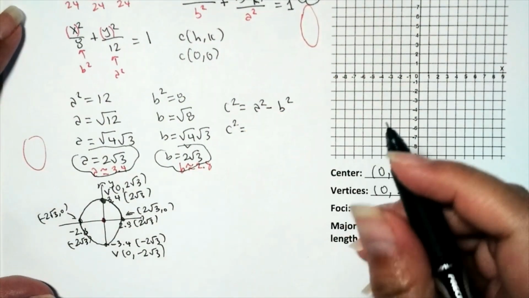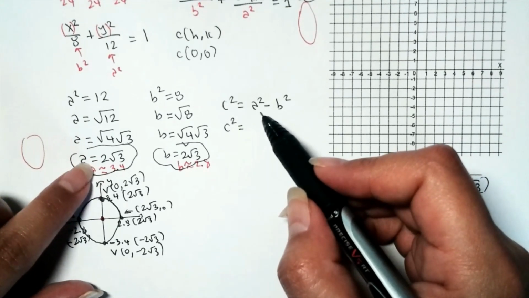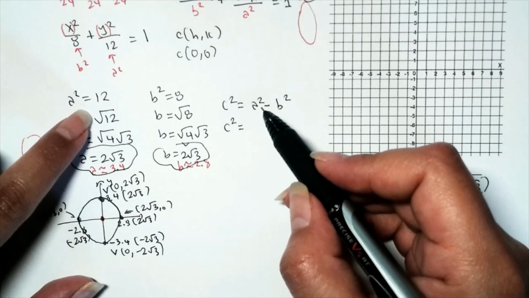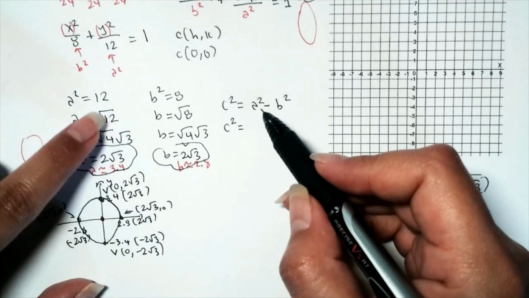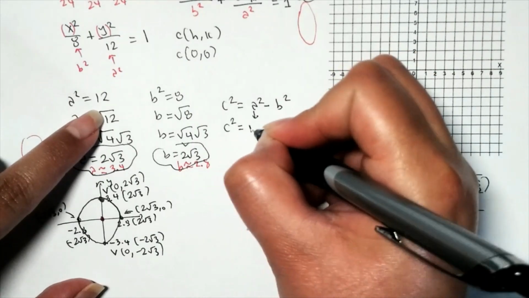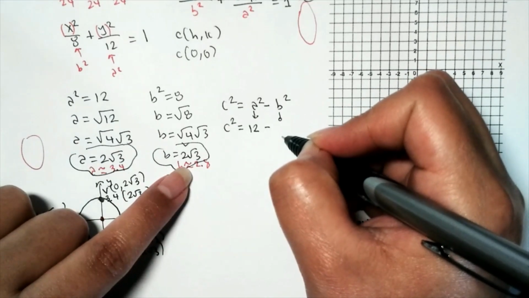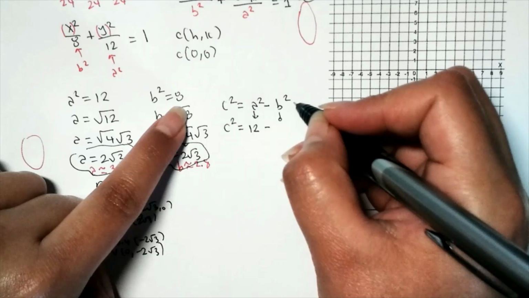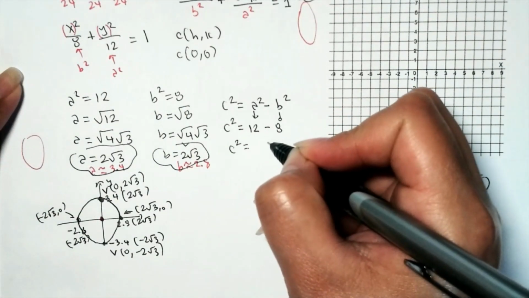So we have c squared equals a squared. You can digest this however you want. You can put the actual value of a, which is 2 square root of 3, and then square it. But you know what a squared is. Whether you go straight to 12 or you square 2 root 3, you're going to get 12. The choice is up to you. I'll take the easy way out. So we have c squared equals a squared minus b squared, and same speech. You could put 2 root 3 and then square it, or just go down to what it simplifies to, which is 8. So that will lead to c squared equals